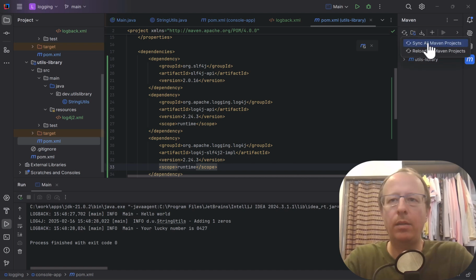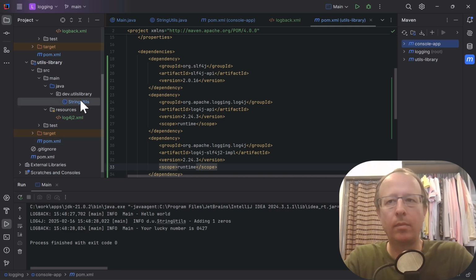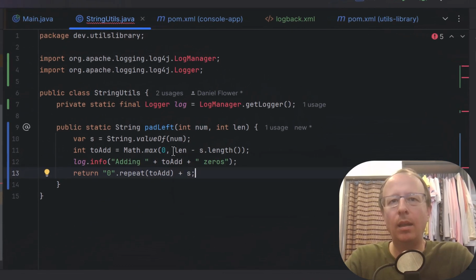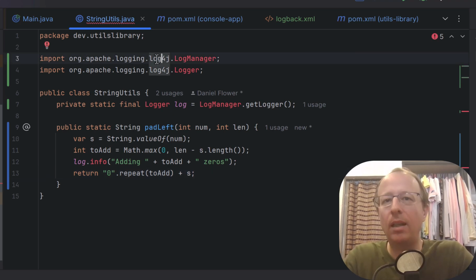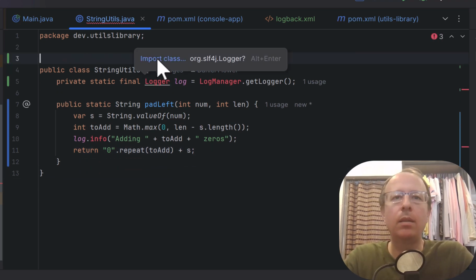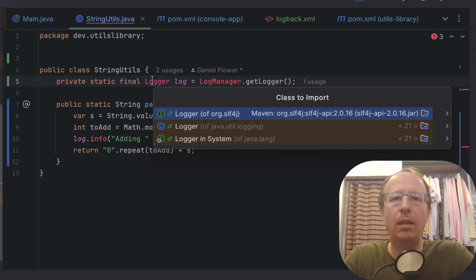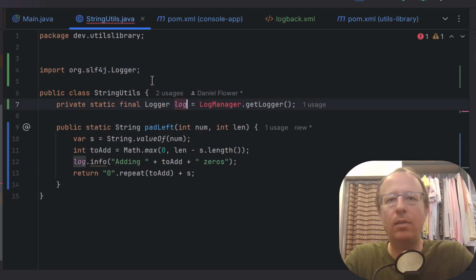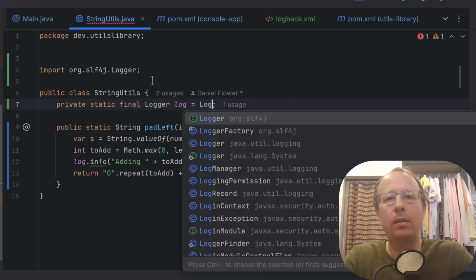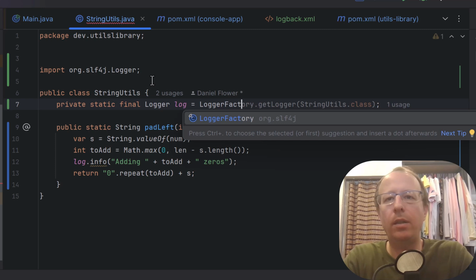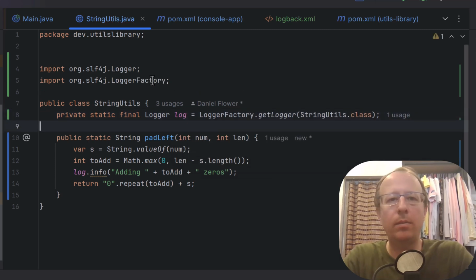Okay, let's refresh this. And now we're getting some errors because we no longer have Log4j directly as a compile time dependency. So we need to come back and use these SLF4j loggers. So we go LoggerFactory.getLogger(StringUtils.class).